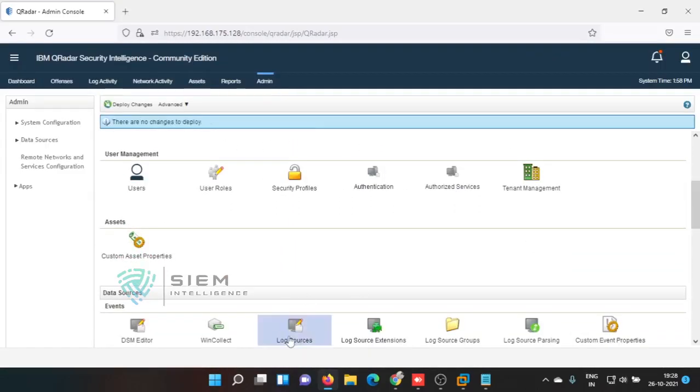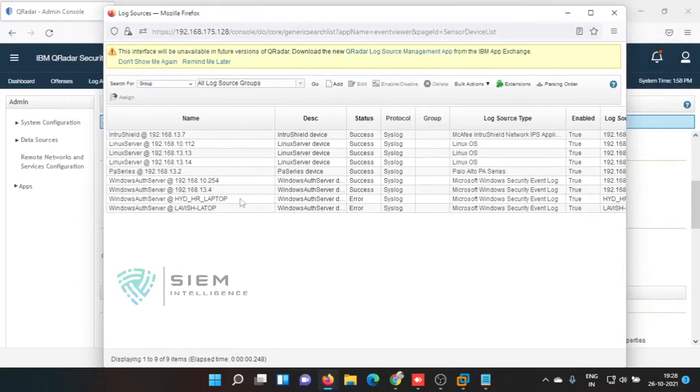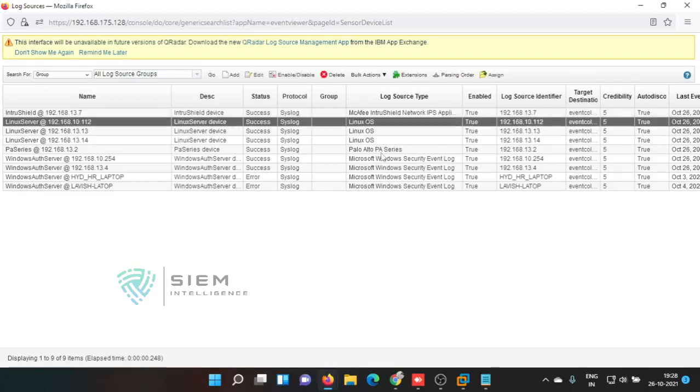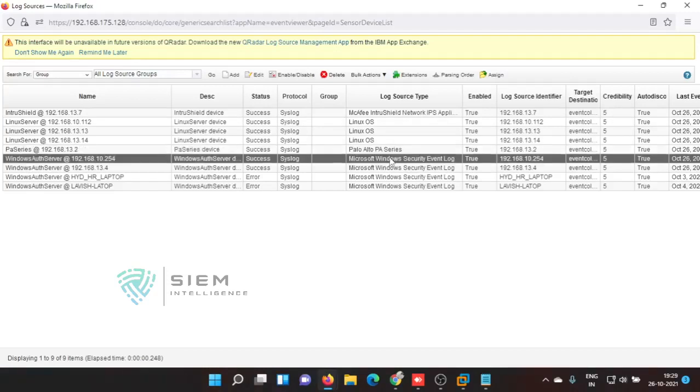Now we don't have a log source for this particular saved condition, because we have created our DSM manually. That's why we need to add it manually. These others are automatically discovered because they have their own DSMs: McAfee IntroShield DSM, Linux OS DSM, Palo Alto DSM, Microsoft Security Event Log DSM.